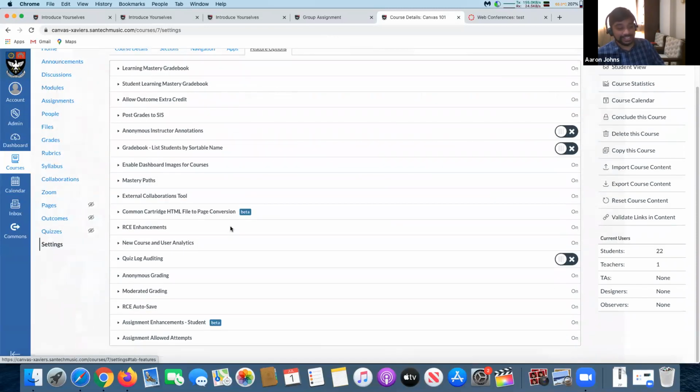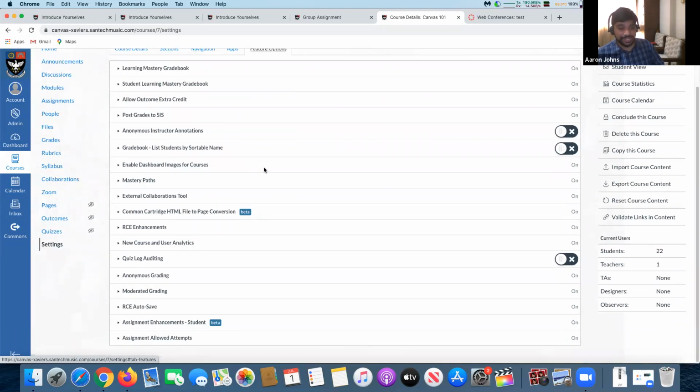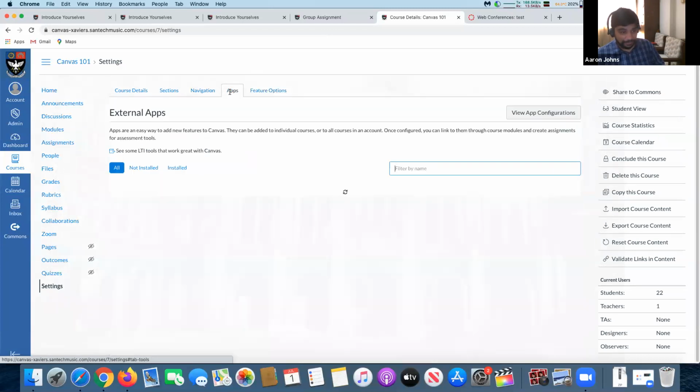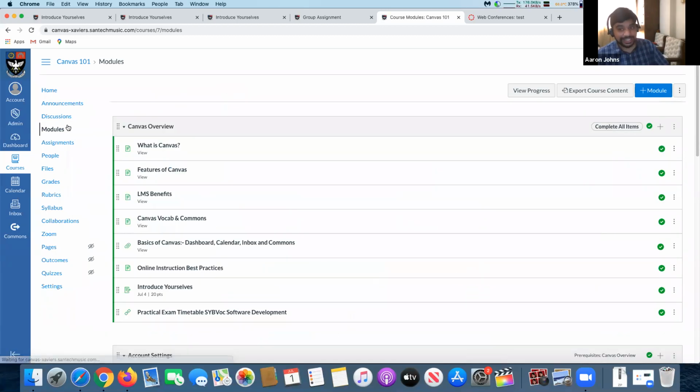And you can enable and disable features, as you can see. I know this will be a little daunting for you all to see right now. I don't blame you if you find it difficult to understand, because it is a learning curve. It takes time. You can't understand Canvas in one day. As they say, Rome was never built in a day. So with time, you will understand how this works. If you sit slowly, course by course, and start building, then you'll start understanding why we do this and why we do that.